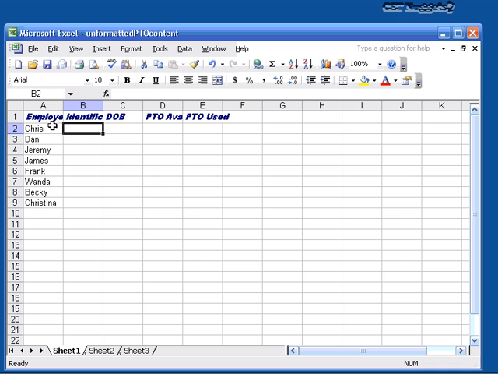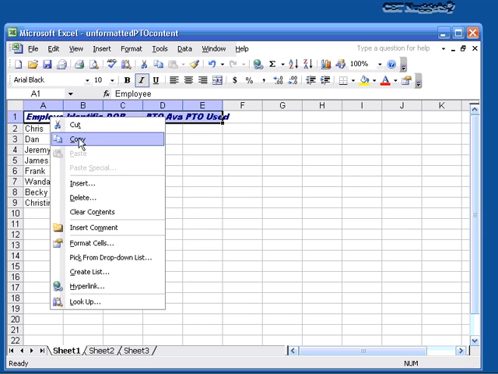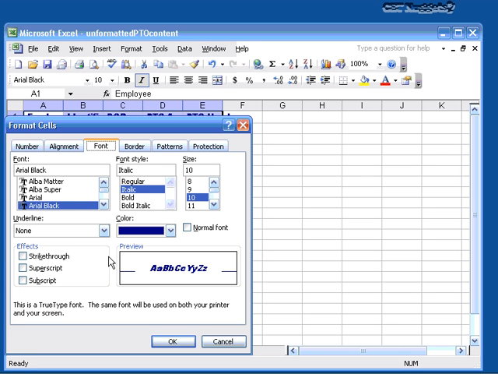Let me select off of that, and you can see that it's now employees in blue. It's still italicized. It's still using the Arial black, so it's the kind of bolded, big, huge look that we have. Now, let's say I also wanted to do something different to the actual cells. Maybe I want to put a border around each one of these. No problem. Let me go ahead and select all of the ones I'm going to use, the PTO used, all the way to employee. I again right click, and this time when I click on Format Cells,